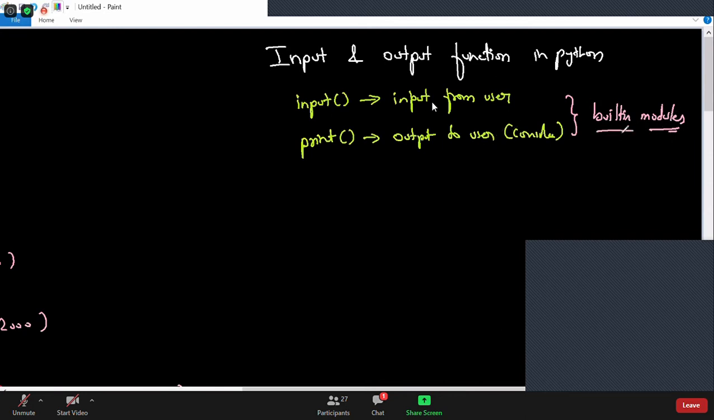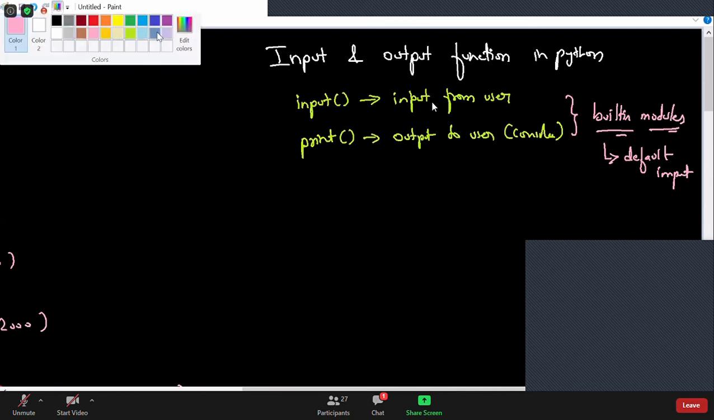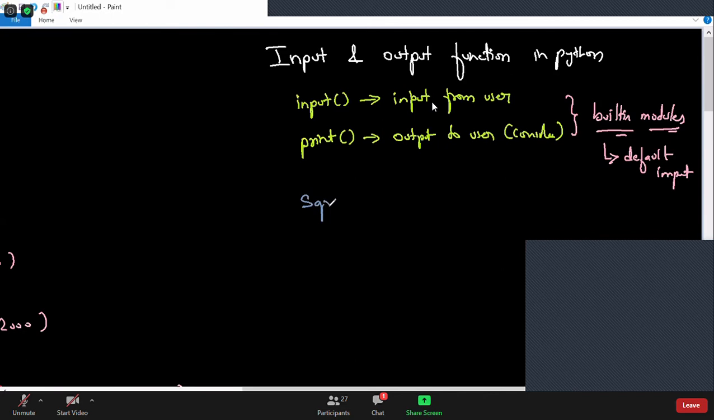So they are available in the built-in module. And remember, the built-in module is imported by default, meaning you don't have to import this module. If you are using the input function, print function, and many other functions available in the built-in module, you don't have to import them. Other than that, suppose you are using some function like sqrt for finding square root,